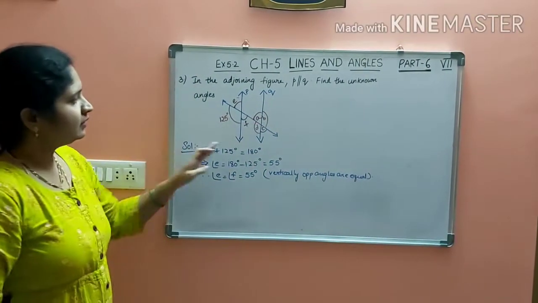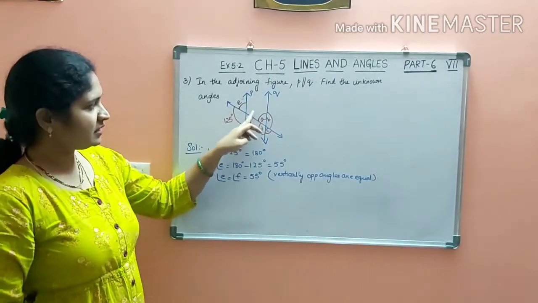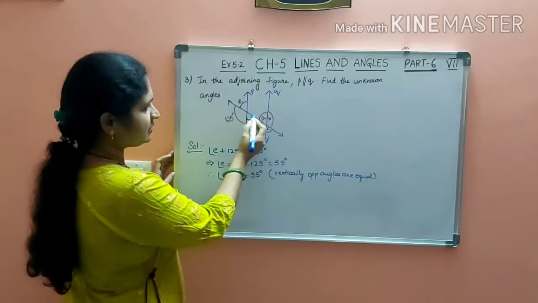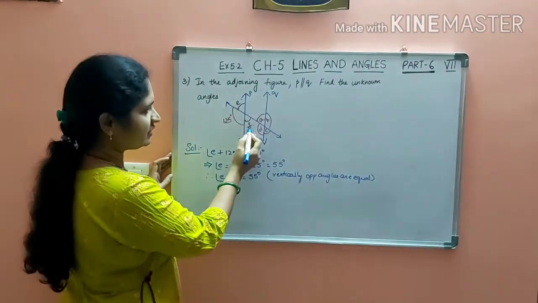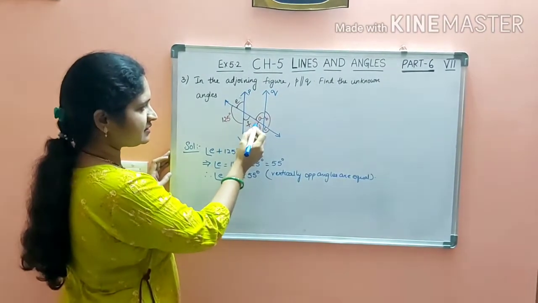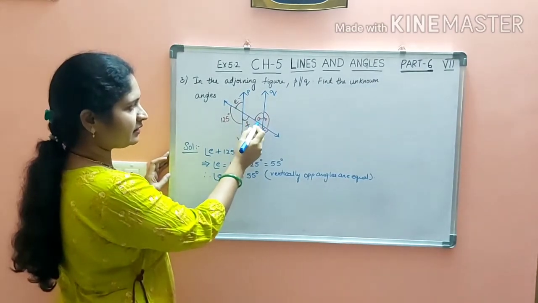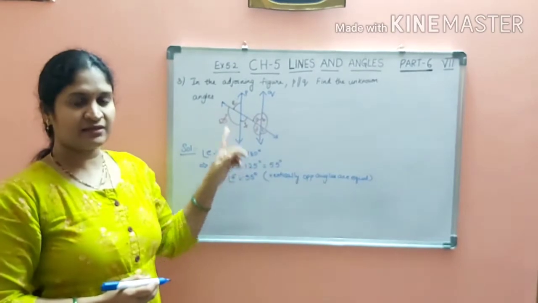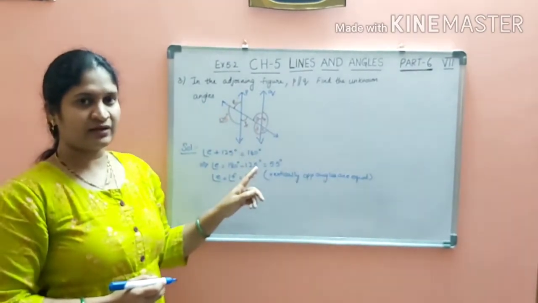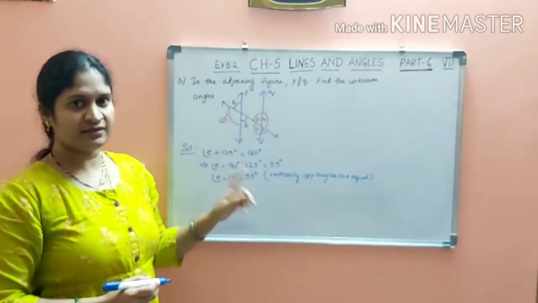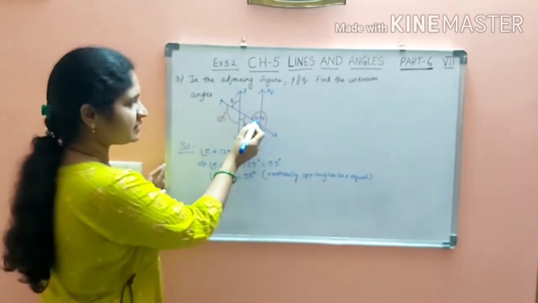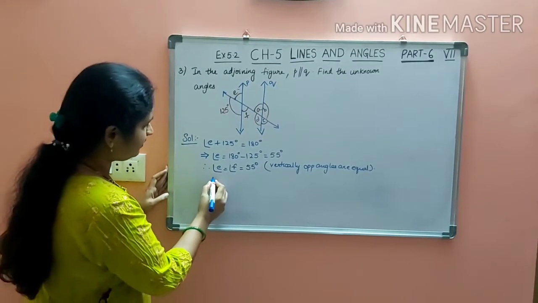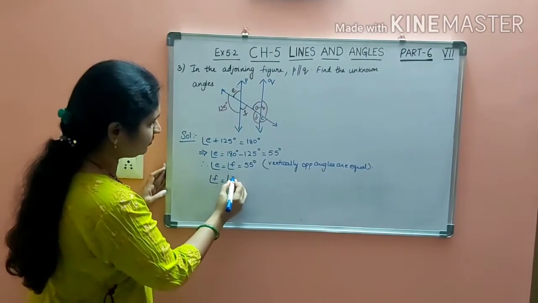Now, coming to these unknowns A, B, C, D. Okay, children, in these two parallel lines, what are these? These are inside angles which are alternate interior angles. So what do you know, if two parallel lines are there and one transversal passes through the two parallel lines, alternate interior angles are equal. So angle F is equal to angle A here.